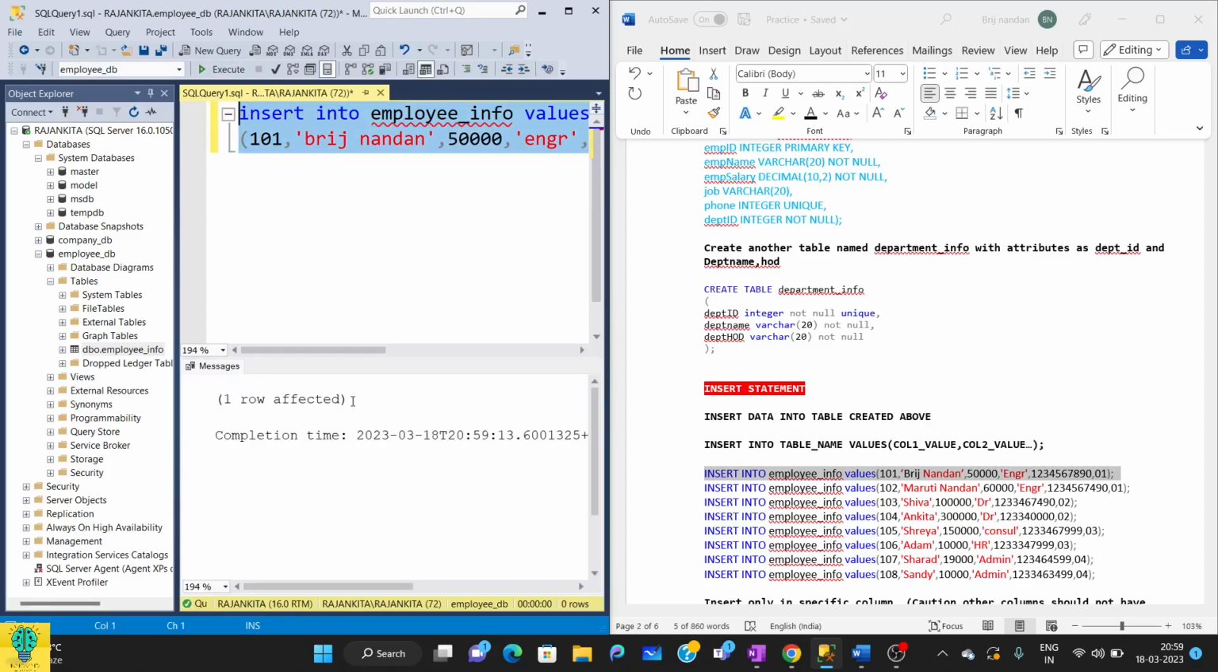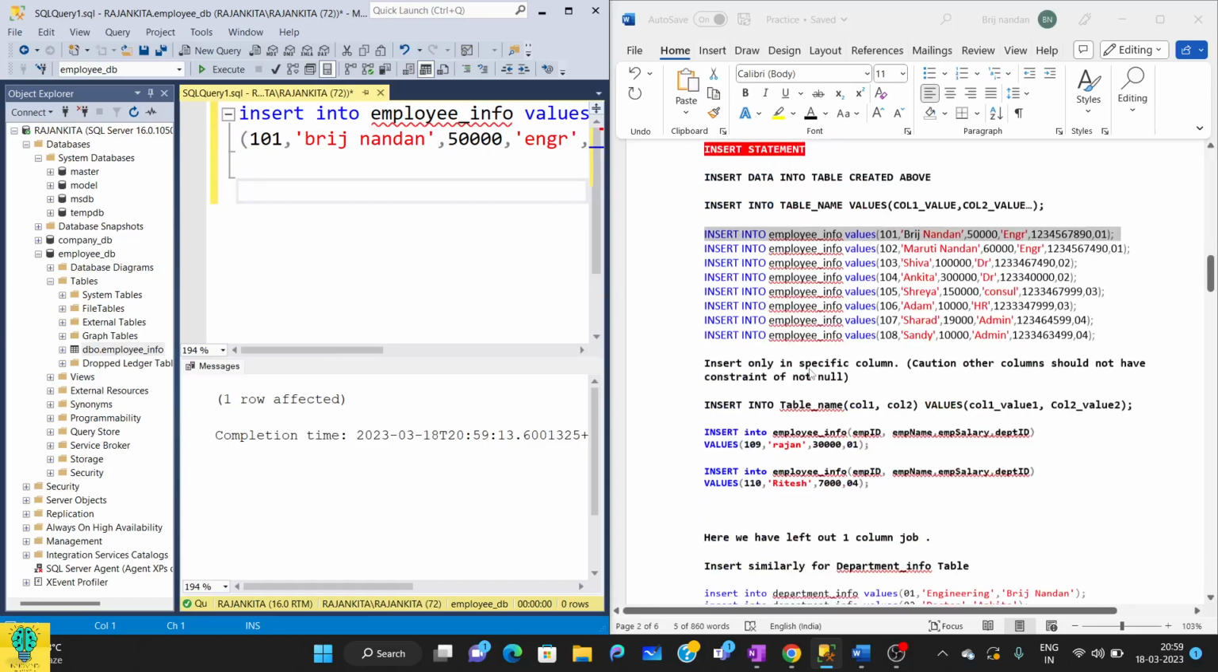So the message says one row affected. That means one row has been inserted into your table. To check it, I'm going to use a select statement. Okay,